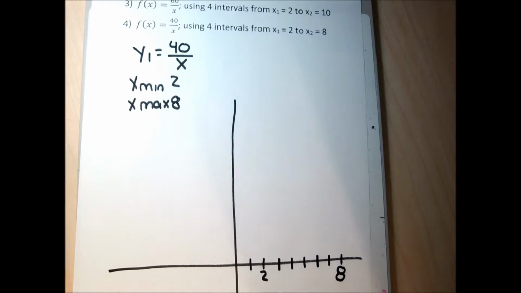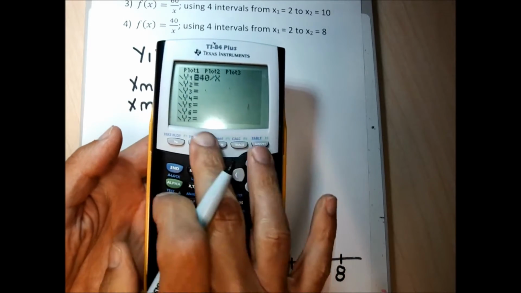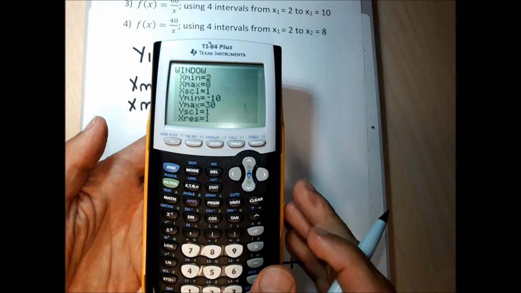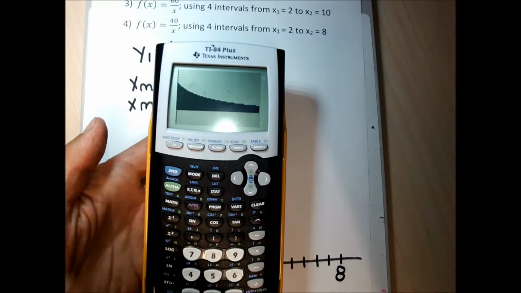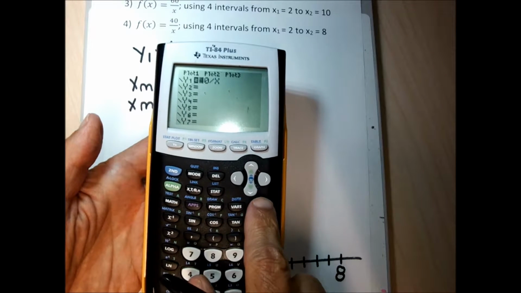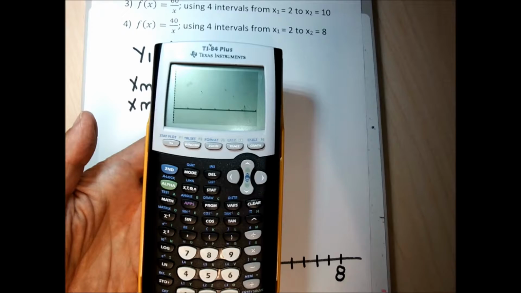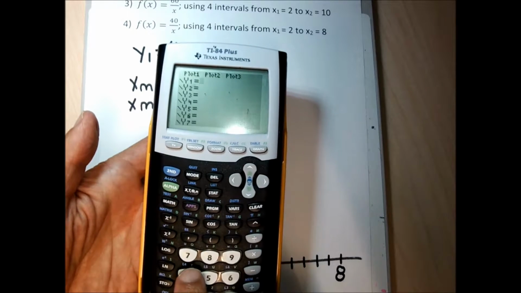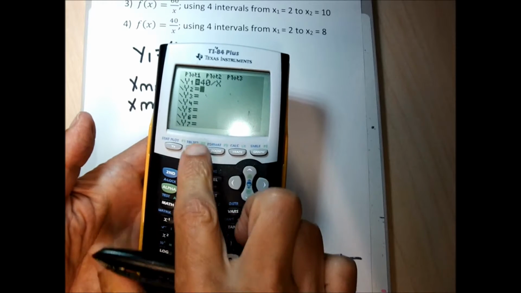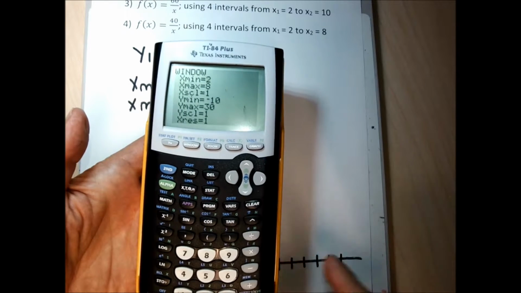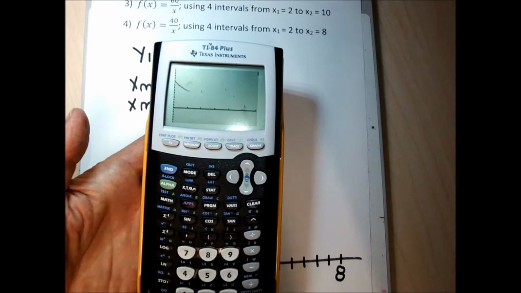So now I'd like to graph this function again. I have the function in, and I have the window at 2 to 8. If I hit graph, it has that stinking shading I need to get rid of. What I'm going to have to do is clear the function, graph, get a nice clean graph, and now put the function back in. So 40 divided by x. My window is still the same window from 2 to 8, so it's still okay. And my y's are still going to be okay. So now when I graph it,